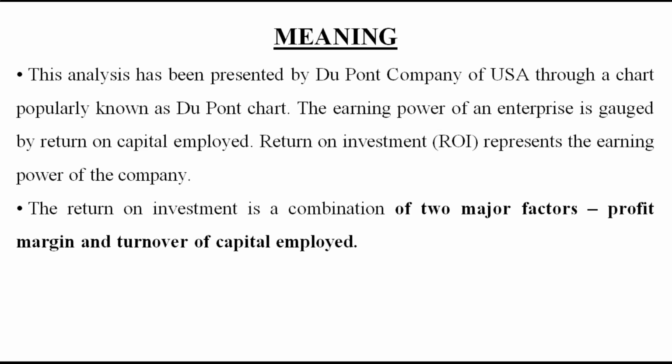This chart basically lays emphasis on ROI, that is called return on investment or capital employed. And we all know that the earning capacity of a company is always denoted by return on investment. It is very well known that ROI depends upon two ratios, that is net profit ratio and capital turnover ratio. A change in any of these ratios will affect the firm's earning power,